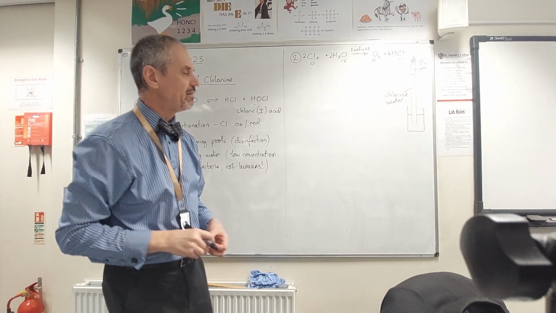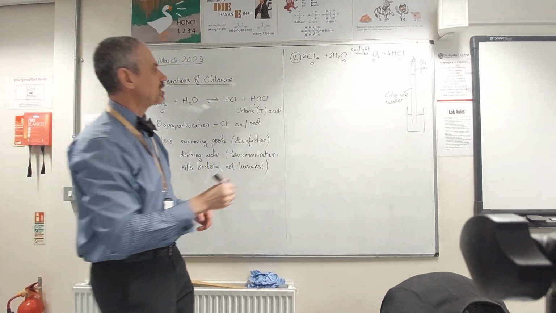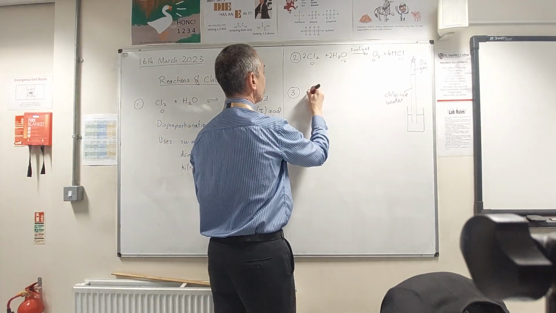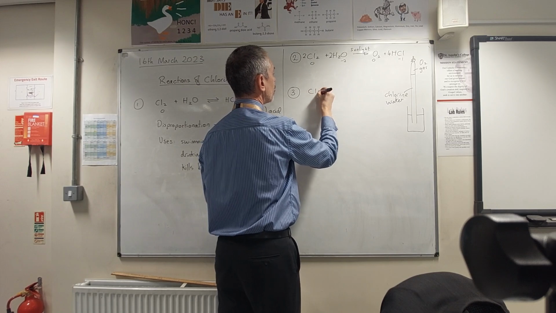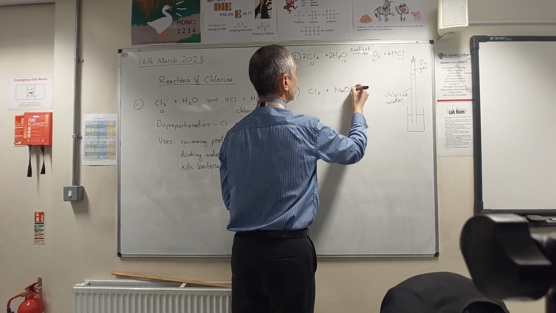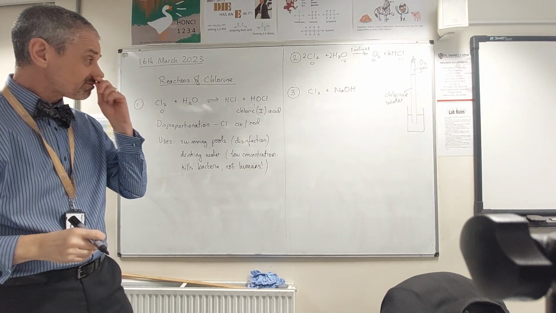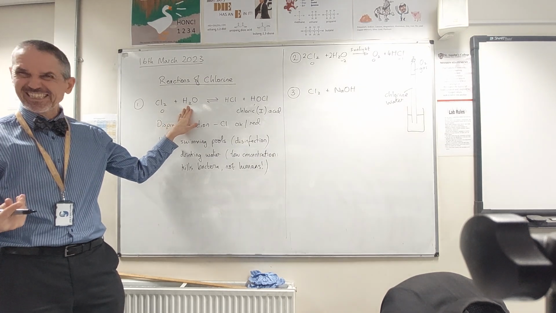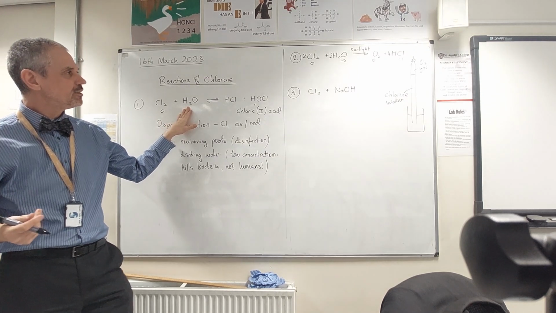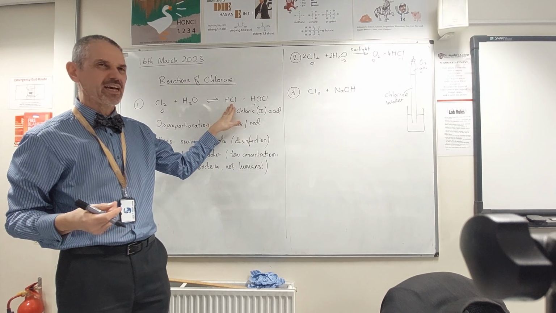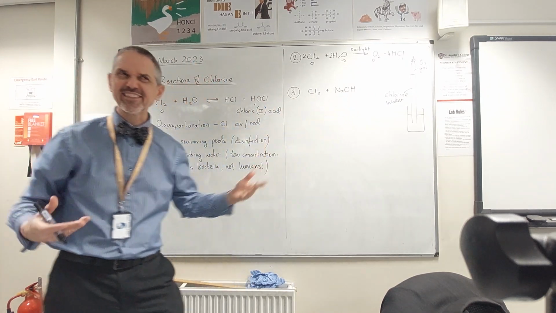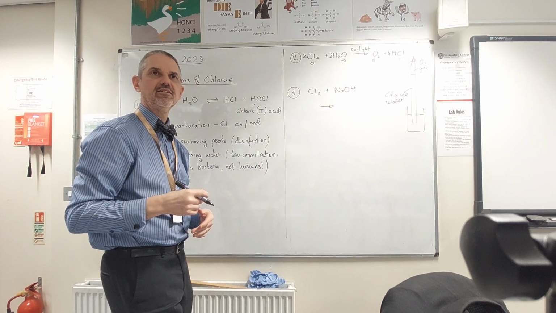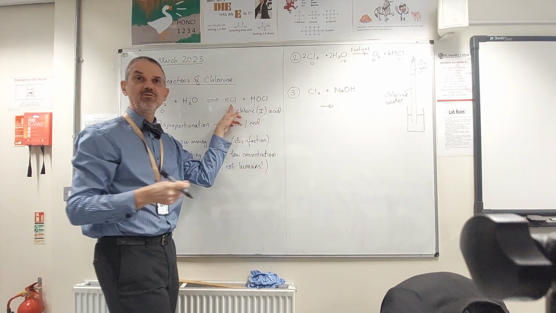Okay, so that's a bit of an oddity in a way, that reaction, but kind of an interesting one. Reaction 3 is a lot more useful. That's chlorine and sodium hydroxide. In fact, it's similar to the first reaction we looked at because it's another disproportionation reaction. But if you imagine you had HCl and sodium hydroxide together, they would make